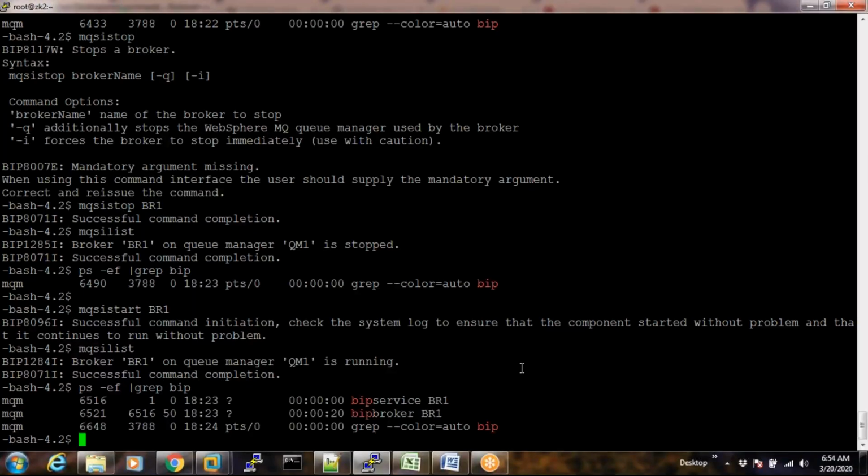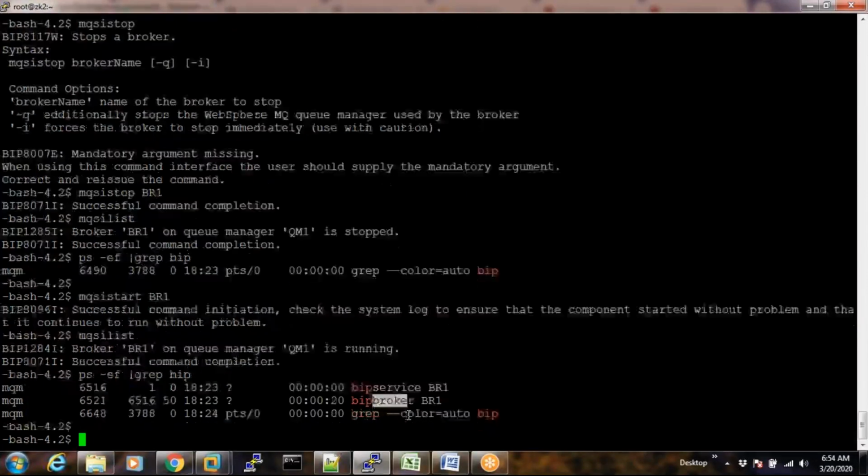Yes, exactly. So this is generally going to happen in real time. The thing is, when we start the broker, it is going to start the bipservice process and it is also going to start the bipbroker process. But there should be some problem with the HTTP listener. So the first thing we need to check is whether the startListener property is set to false or true. We need to check that. And how to check that? We already know the command mqsireport